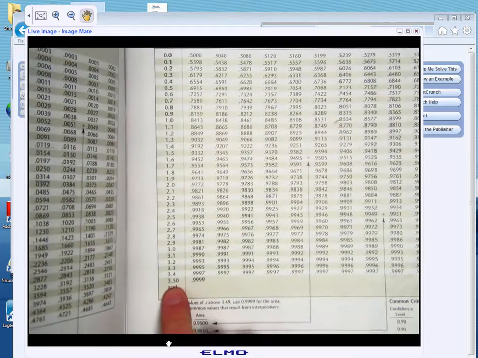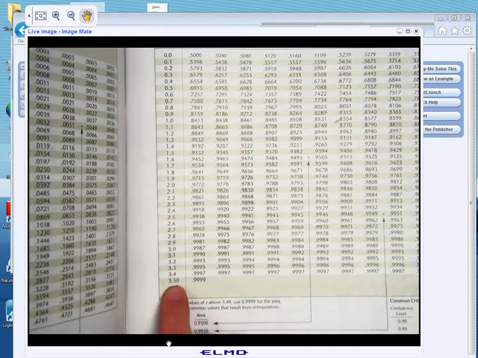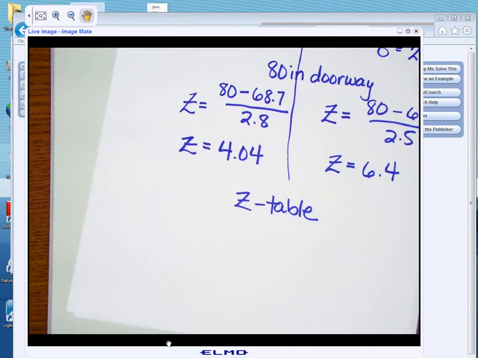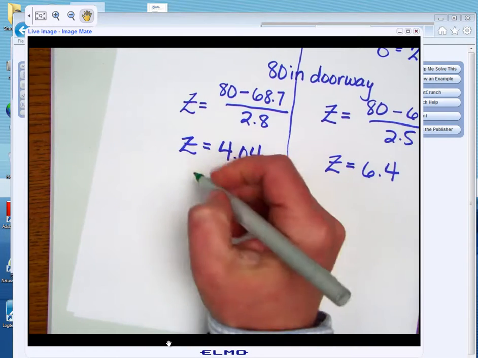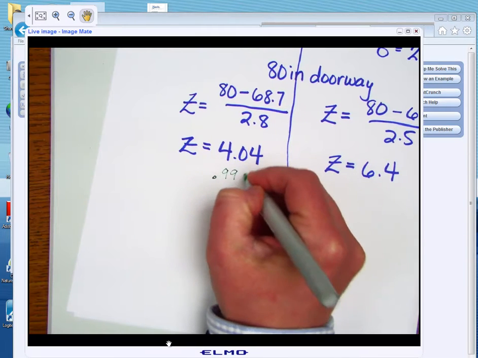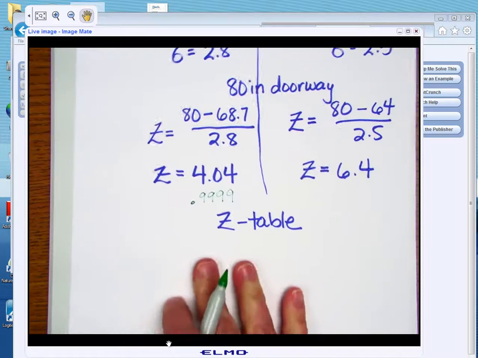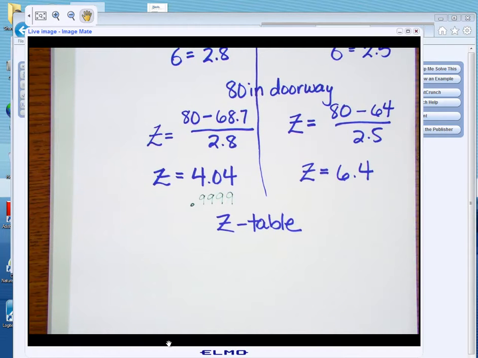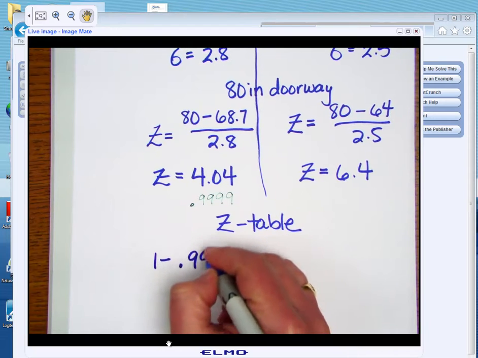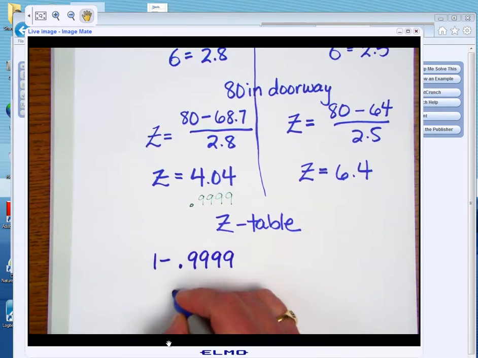However, what happens in this case is that my number is actually off the table. 4.04 is greater than 3.50, so I'm going to use this value, 0.9999. According to the table, when I look it up, I get 0.9999. And now, like I said before, my value is going to be 1 minus 0.9999, which is going to give me